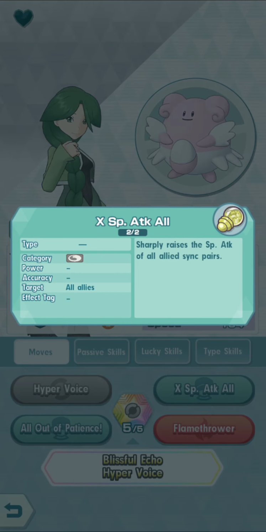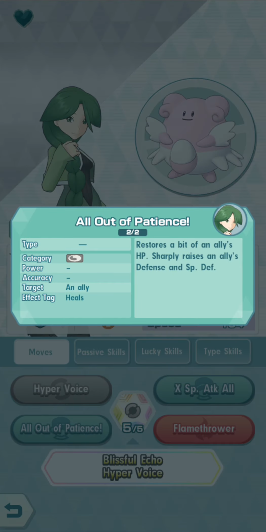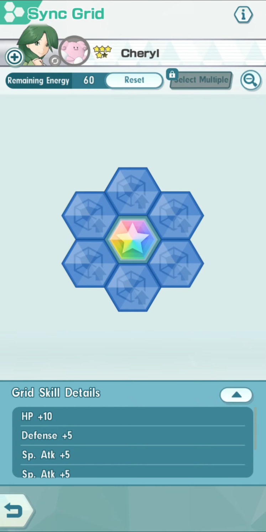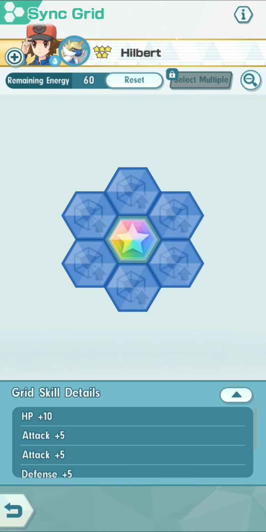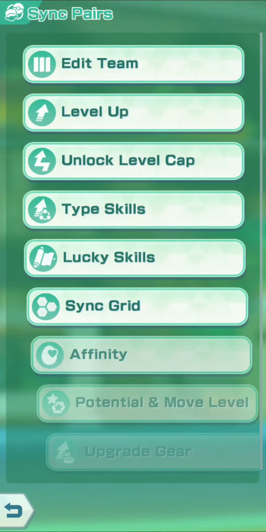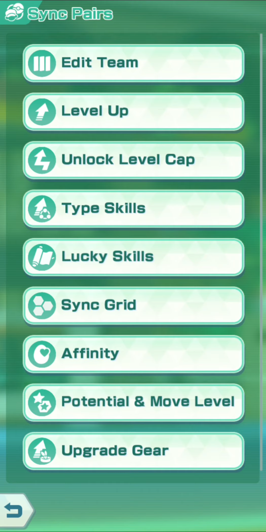She boosts special attack. So if you are using Mewtwo or Chantel or Agatha against Agatha, then this would be a great tank because she can boost both their defense and special defense, and she boosts their special attack. Anybody that can boost speed as well. If you're using a physical striker like Morty, then where is he? Hilbert would be good, right? And then you can just go the flinch sleep route as well, just using those normal units. So, yeah,